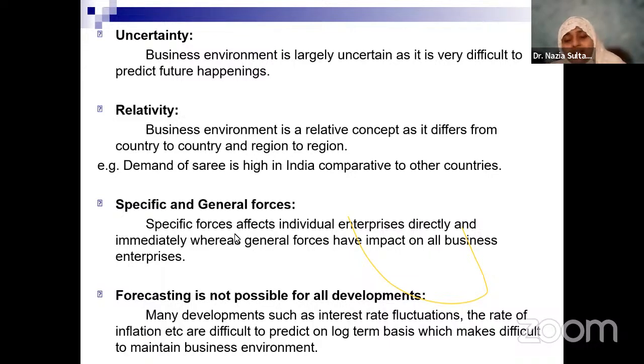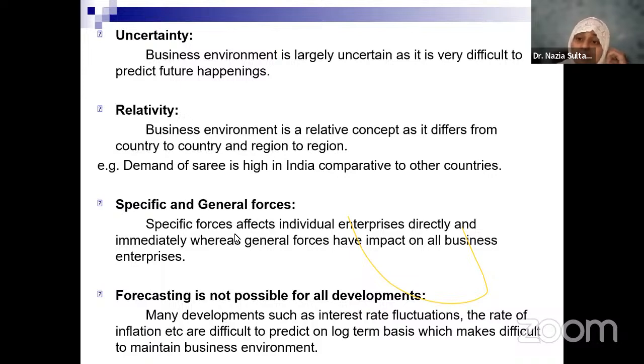You see in India, you travel from north to south, the business environment changes. You talk about demand for products, customer preferences. You talk about technology adoption. You talk about support of government for different schemes and policies. You talk about the number of people who run businesses. All of these will be different, even if you travel within India, just from north to south, you will see so many differences. So the concept of business environment is a very relative concept.